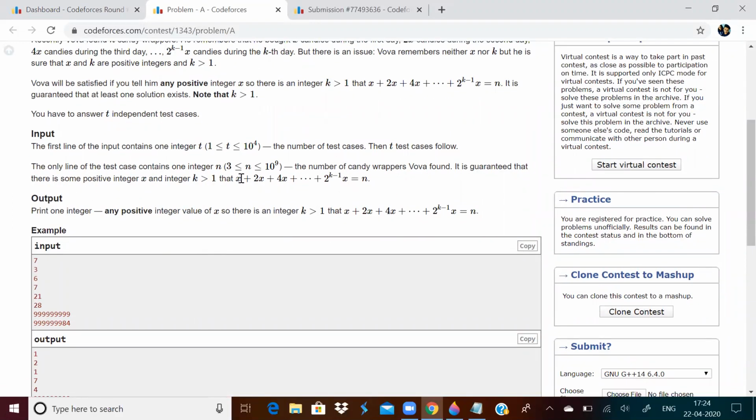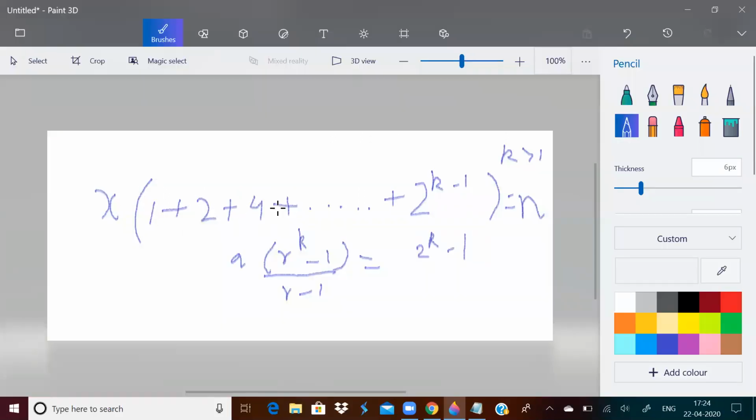Once you see this condition, you should first of all take out x, and then you will get 1 plus 2 plus 4. You will ultimately end up with this, right? X into 1 plus 2 plus 4, so on, 2 power k minus 1. This is same as this.